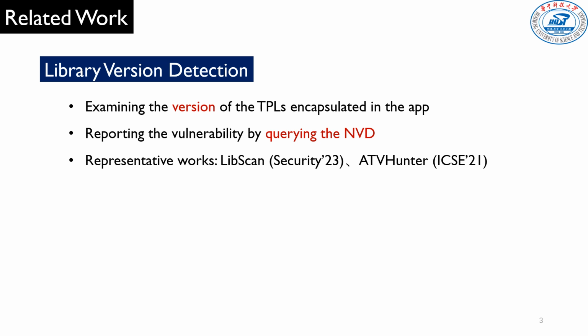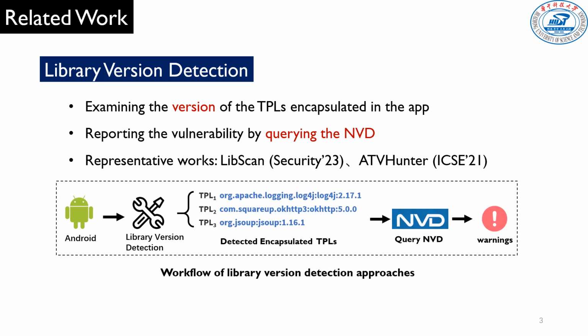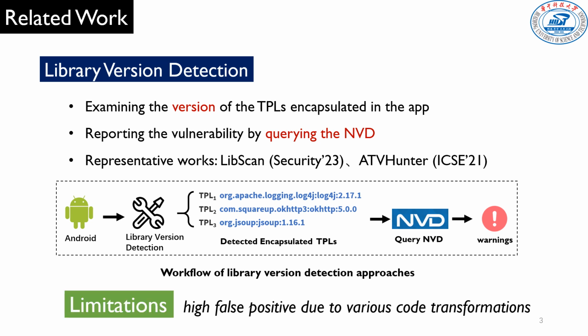Existing solutions include library version detection approaches, which examine the version of the libraries encapsulated in the app and report vulnerabilities by querying the NVD. They will generate a warning for each vulnerability contained in the app. Examples include tools like LibScan and ATB Hunter. While these tools can identify libraries and their vulnerabilities to some extent, they often generate high false positive rates due